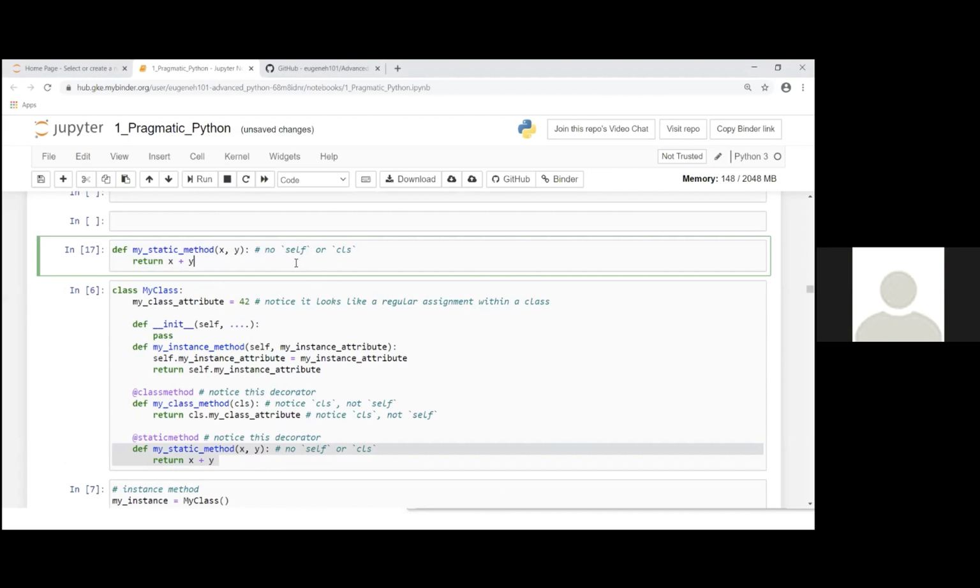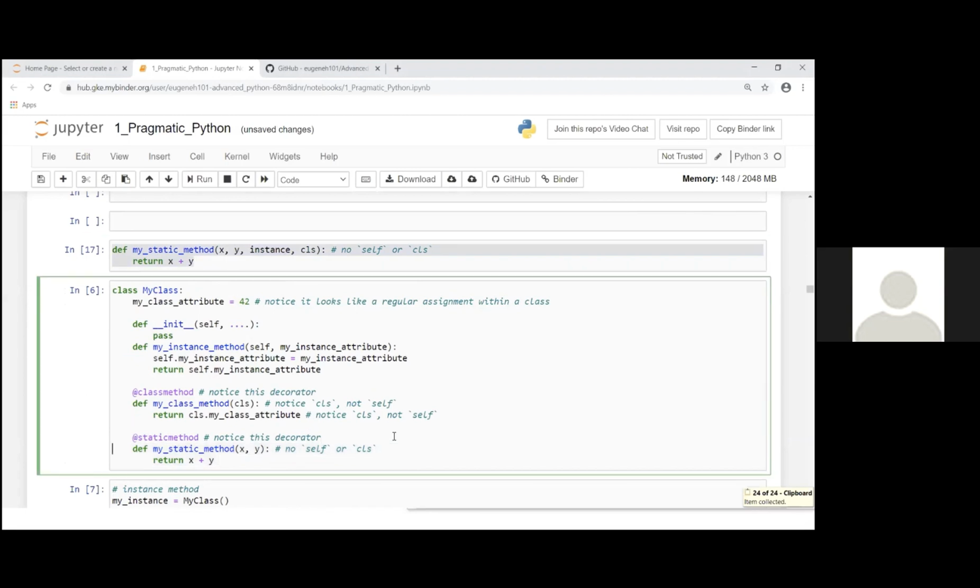If hypothetically you wanted the ability to access the instance, what you could do is inject it after the fact. So if you inject the instance like this, this is a horrible idea. Instance dot my instance method.